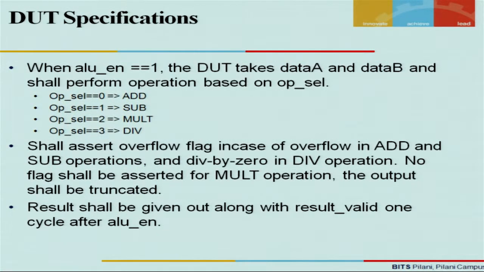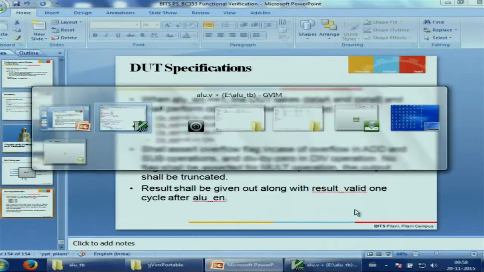So the next step would be to go through the design file. Since design is not the only motive here, we'll go through the design file and explain the ALU design in detail. We'll also go through the test bench files and explain how the test bench for this is created and how we make sure that the ALU is verified correctly, and how we try to identify different bugs in the design by giving different corner cases. Let's go to the design file first of all.